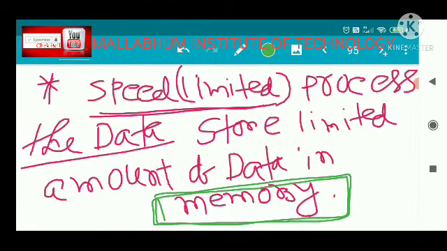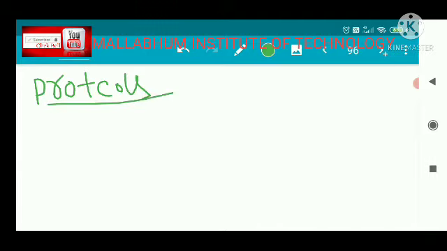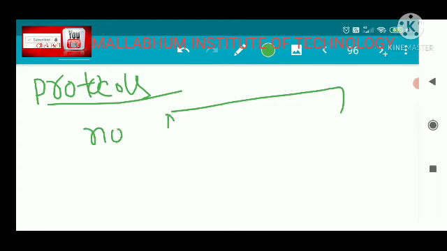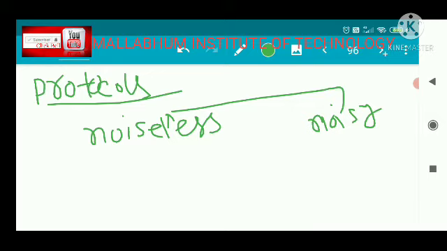Obviously there are different types of protocols or procedures. So what are the different types of protocols? There are two procedures. The first one is for the noiseless channel, and for the noisy channel there is another set of procedures. For the noiseless channel, it is the simplest protocol